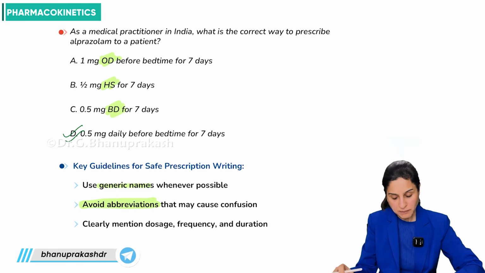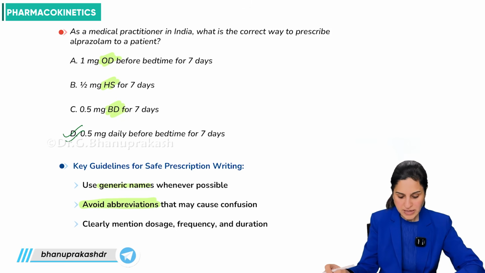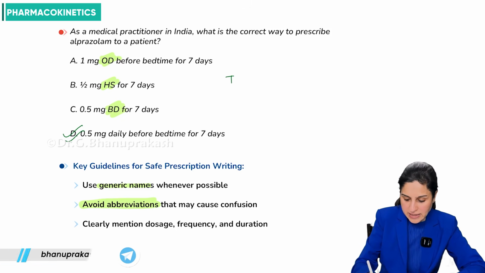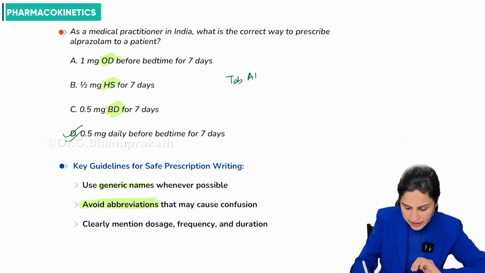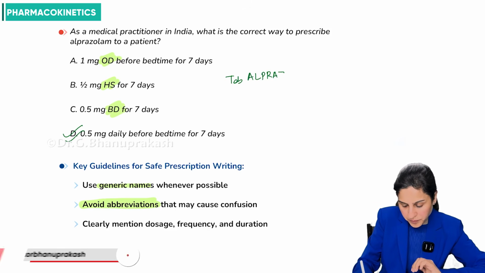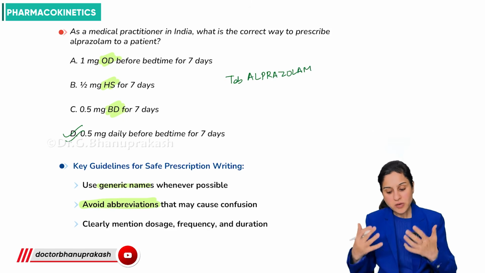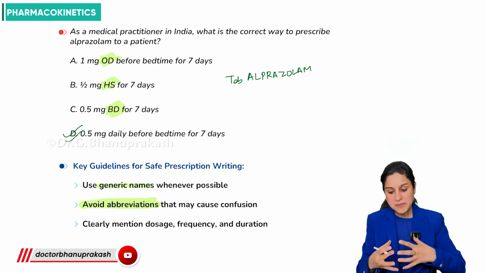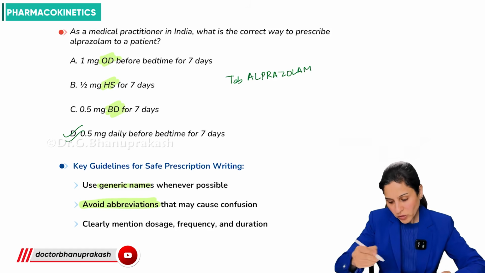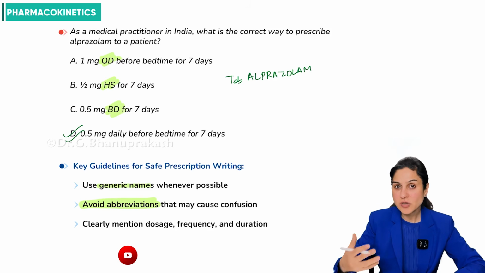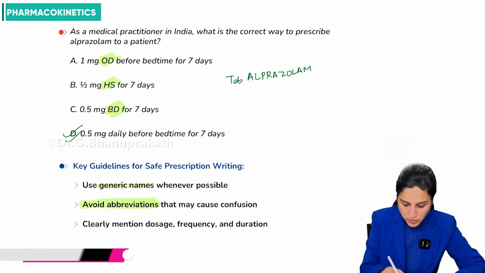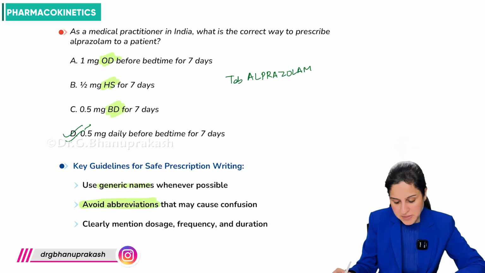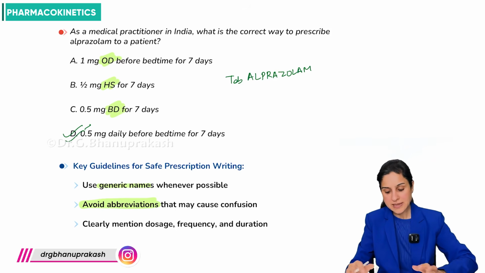0.5 milligrams daily before bedtime for 7 days, right? We can also write tablet. If the full form is written, then you can write tablet alprazolam. Generic, yes, but also write in all caps because with all caps, it is difficult to make any mistake. When you write in running hand, sometimes it is not comprehensible and not legible. So we can write tablet alprazolam and 0.5 milligrams daily before bedtime for 7 days. That's the ideal way to